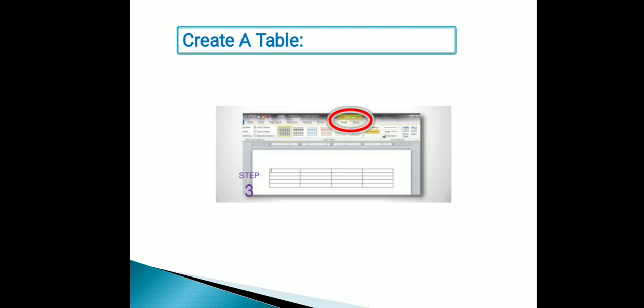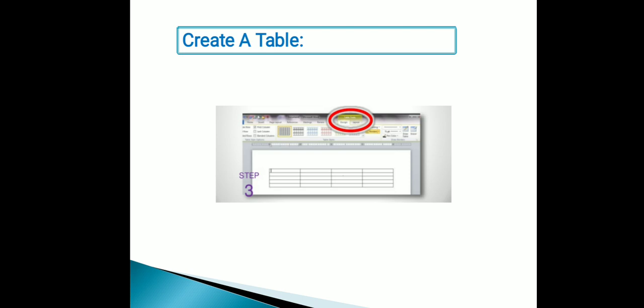In this way, use the Table Design and Layout tabs to style the table the way you want it to look. You can see in the image here how to create a table using the graphic grid.